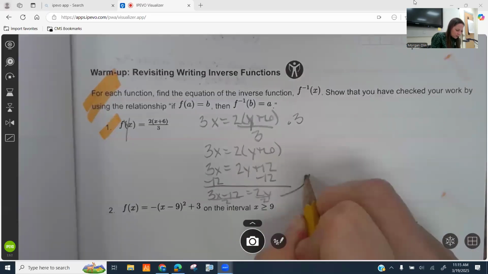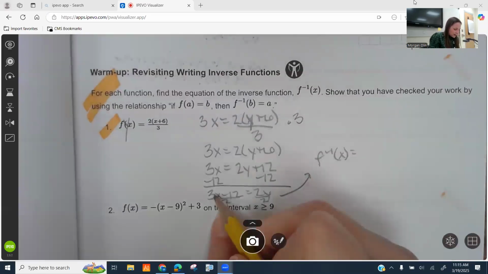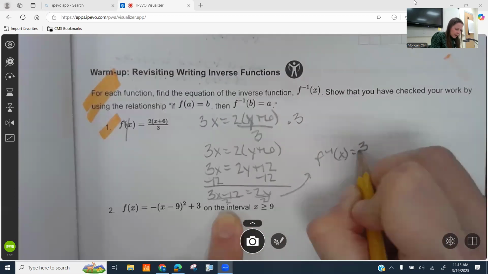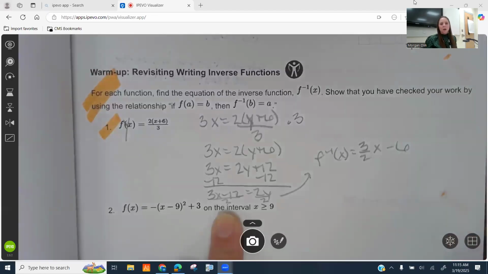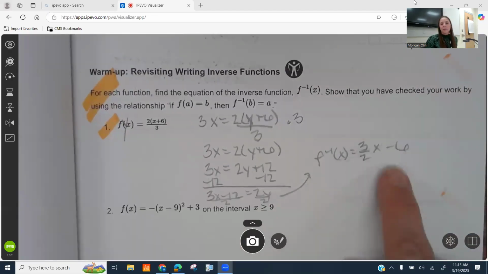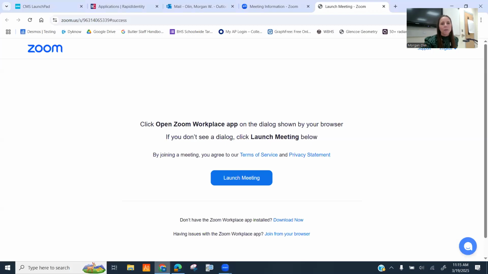Now the inverse could look like this right here. When I say 3 divided by 2, it's 3 halves x, and then negative 12 divided by 2 is a negative 6. So you can either leave it like this where my finger is, or you can leave it right there. Now, to always check your work on this to see if you did it correctly, remember,